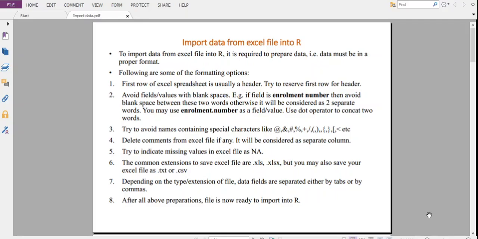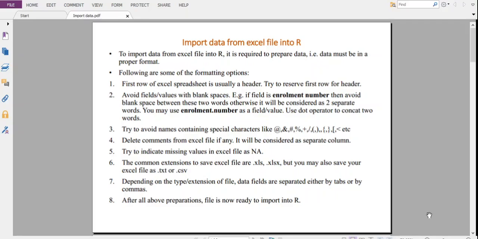As we know, in a text file all the data is by default separated by tabs. And in a CSV file, that is a comma separated file, all the data fields are commonly separated by commas.